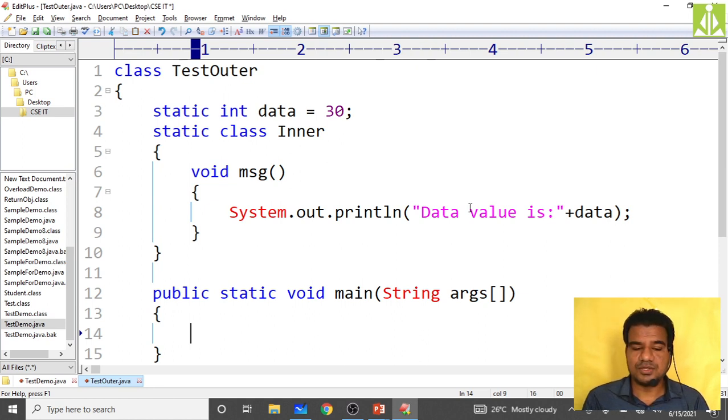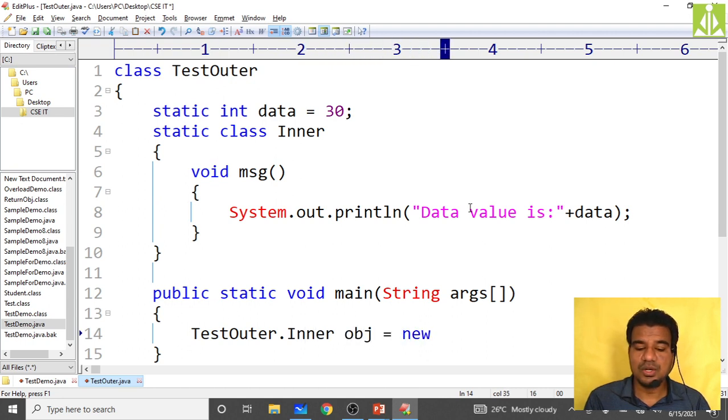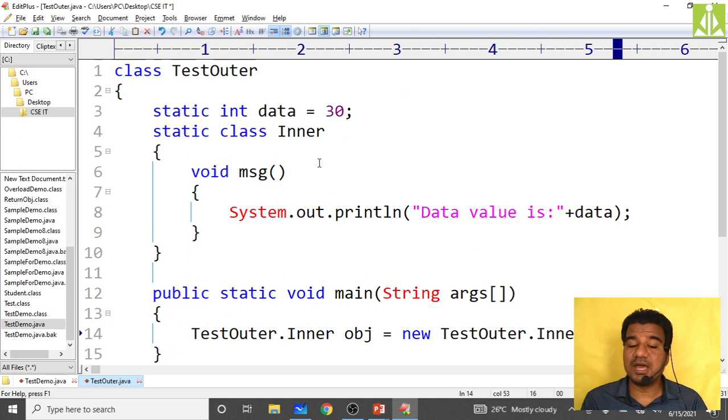So take the outer class reference in order to create the inner class object. TestOuter.Inner obj equals new TestOuter.Inner().